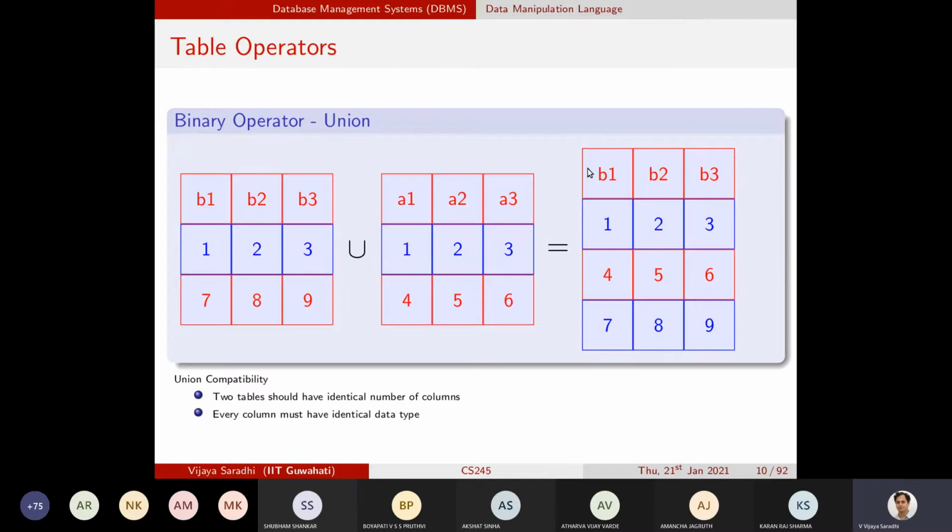Maybe at this hour you might be more interested in examining the result set. It's also equally important to understand the column names of the resulting table. Why? Because we want to further query this table, whatever table is being created. So that is the reason why we should be much more concerned about the names of the columns that are created in the new table.